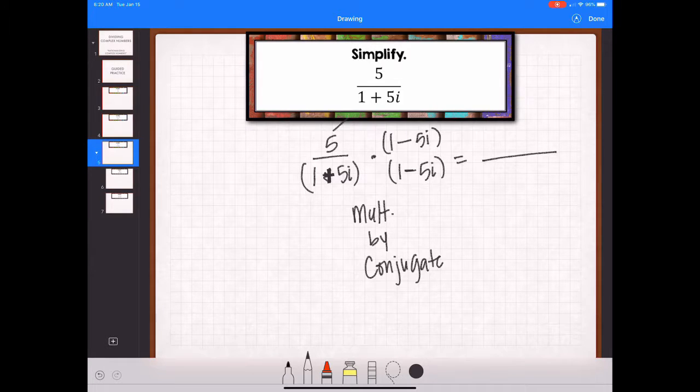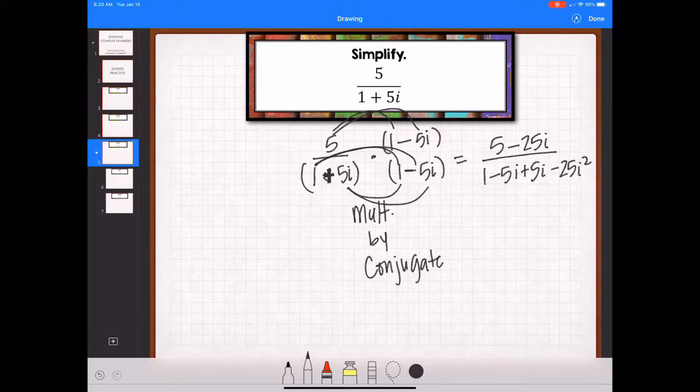Okay. So now I'm going to distribute. That's 5. Distribute again. That's -25i. Down at the bottom, you'll notice it's 2 terms times 2 terms. So you're going to do FOIL or double distribute, whichever way you refer to it. 1 times 1 is 1. 1 times -5i is -5i. +5i times 1 is +5i. And +5i times -5i is